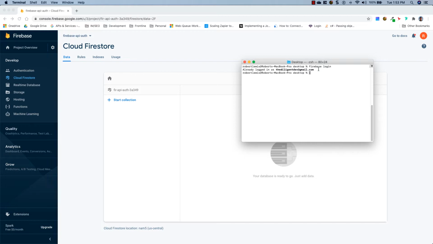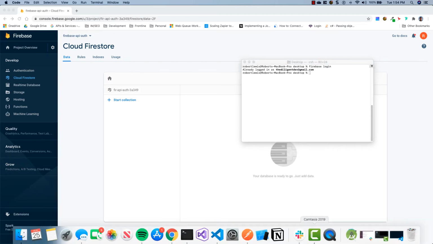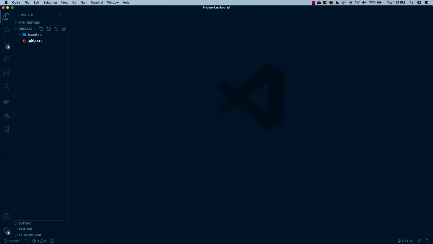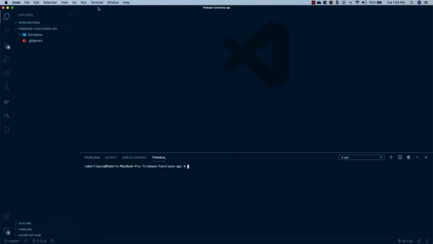What this is going to do is sync the CLI up with the Firebase tools, so that when we provision stuff using the Firebase CLI, it knows which account to use. Now that we have everything set up and ready to go, I'm going to open up Visual Studio, which has our Firebase REST API project open, and I'm going to open a new terminal. This ensures that I'm in the root of the project, and we're going to run the following command: